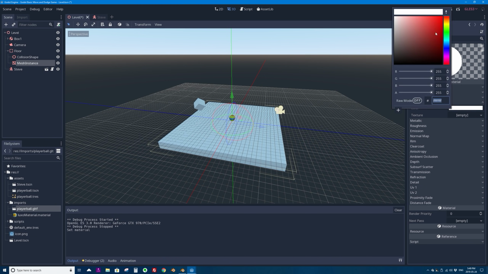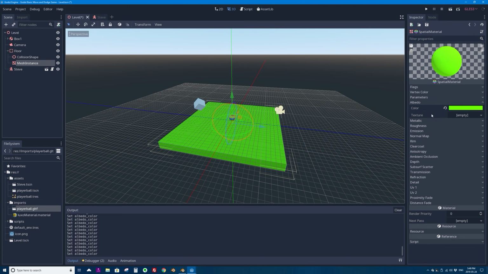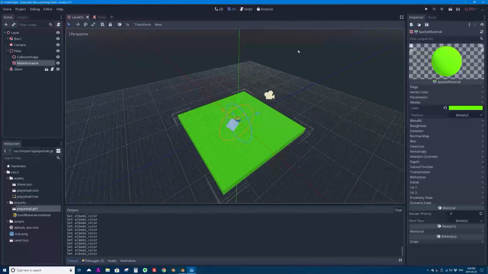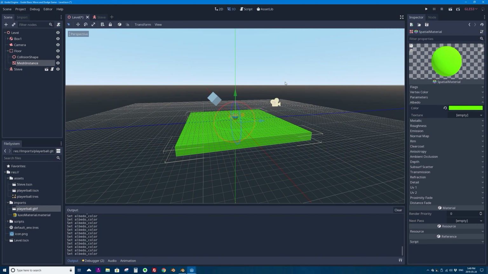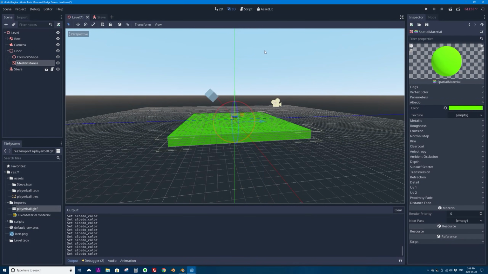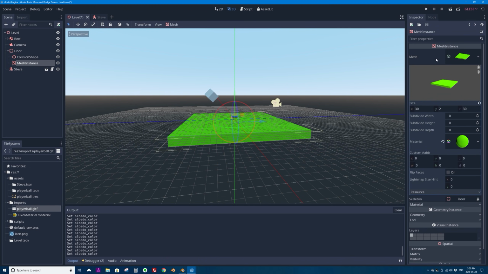We're going to make the color of the ground, I don't know, green. Okay, and then I can just click somewhere to get rid of that color picker. And as you can see, it's green. It looks kind of blue, kind of like everything else, because our sky is blue. We'll talk about how to fix that in an upcoming video, but this is a simple way of changing the color of an object, albedo, and we can press the back button to go back and see our mesh properties,